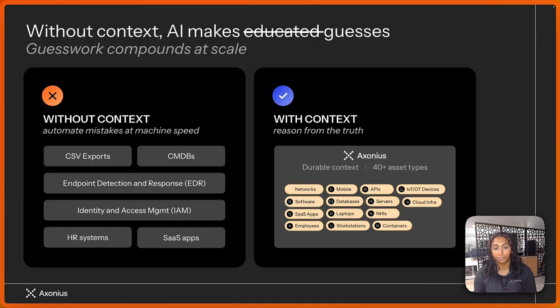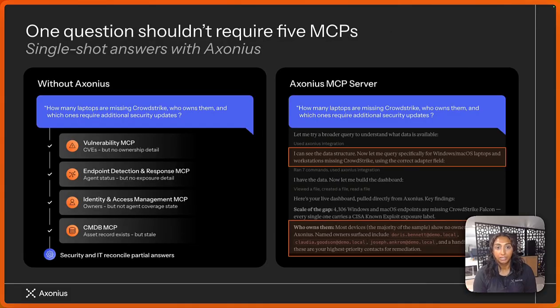So with a foundation like Axonius, we really give you the durable context layer for both AI and humans to reason from. Now, when you think about how to apply that in the context of an MCP, because you have all of these siloed tools, you're probably going to have to ask multiple MCP servers basic questions about your environment. So if I want to understand something like how many laptops are missing CrowdStrike, who owns them, and which ones require security updates, in the standard setup without a tool like Axonius, you're going to have to query multiple MCPs,